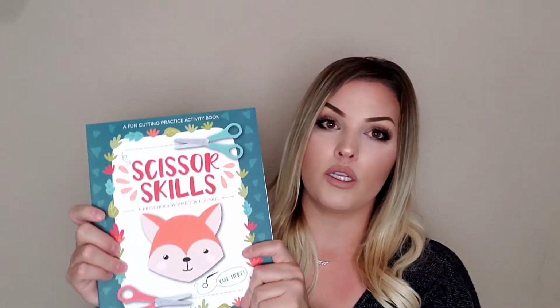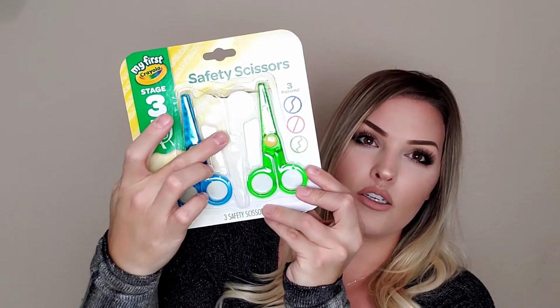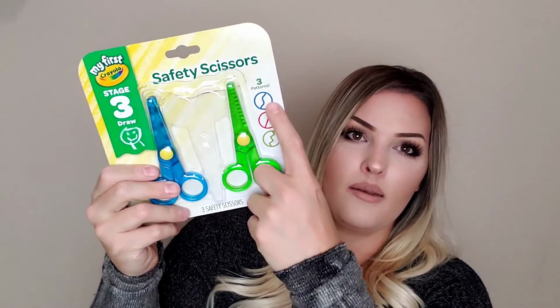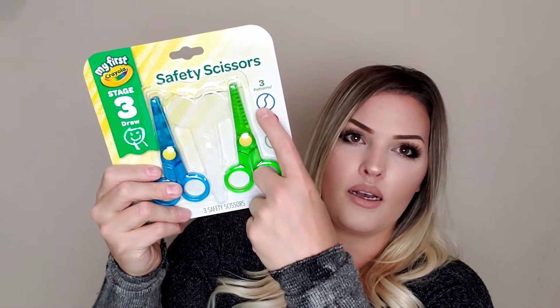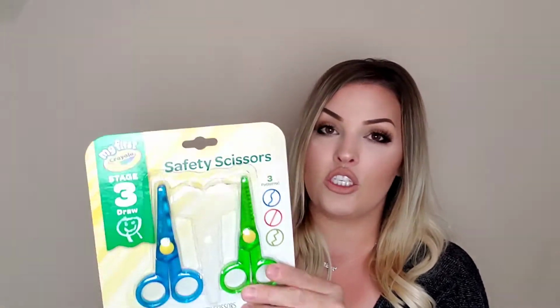So it's a really good one. And this I thought was really cool because I did get these, and we've already opened them. It comes with a third pair in the center, and it comes with different ones. One's a jagged one, and then the curved line, and then the straight scissors. So we've been working with just the straight scissors, which are the red ones, and she's been really liking doing